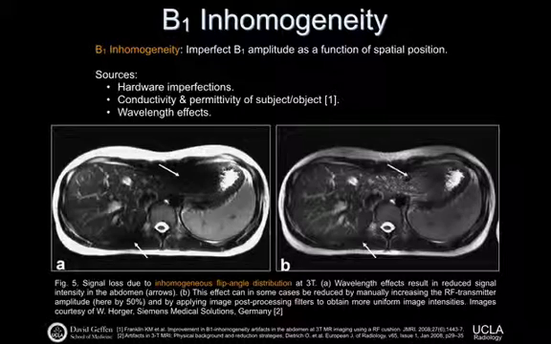B1 inhomogeneity. These guys had an interesting strategy. I'll leave the paper to you guys if you want to get back to it or talk about it with me. But they had an interesting strategy for manipulating the permittivity such that they could arguably correct or fix these so-called wavelength effects. So again, just remember that the systems are imperfect, right? We want it to be perfectly uniform B1, but we don't always get that, unfortunately. Okay, so this